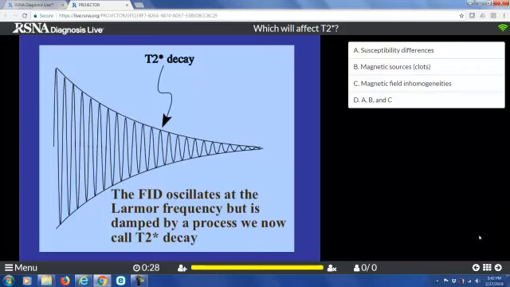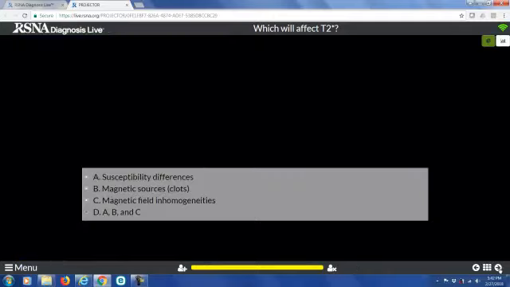There are T2 star processes. Which ones are they? Pause your recordings, and the correct answer is susceptibility differences, magnetic sources, and magnetic field inhomogeneities are all examples of things that contribute